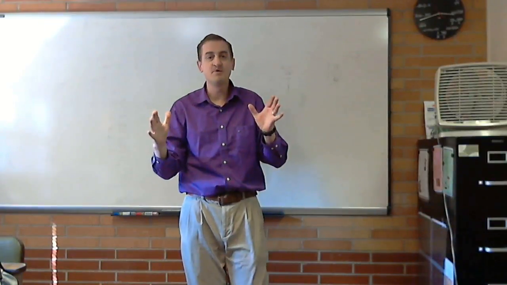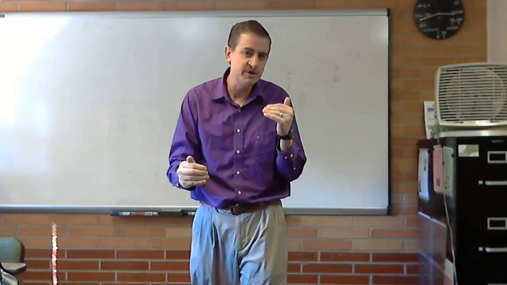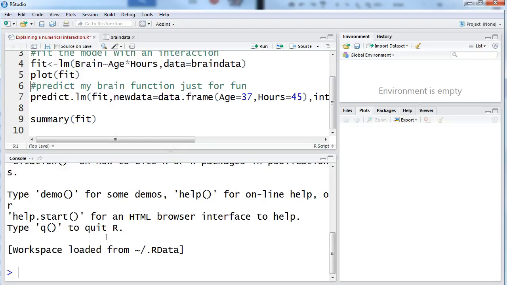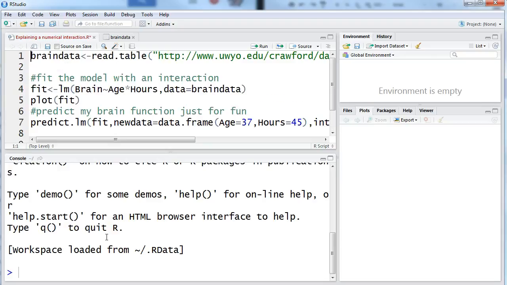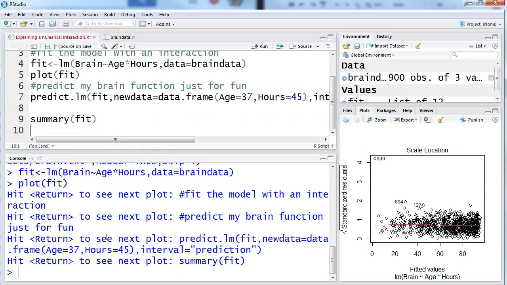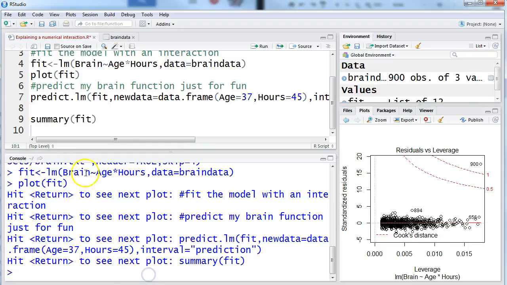Now that we have us a model, let's see if we can figure out a way to explain it. And I'll admit right at the beginning that this is going to be a lot easier to do if we have a picture. But I want to talk about the kind of wording we might use before we do the picture, because you can't just rely on a picture. You should know the right kind of words to use. So let's look at our